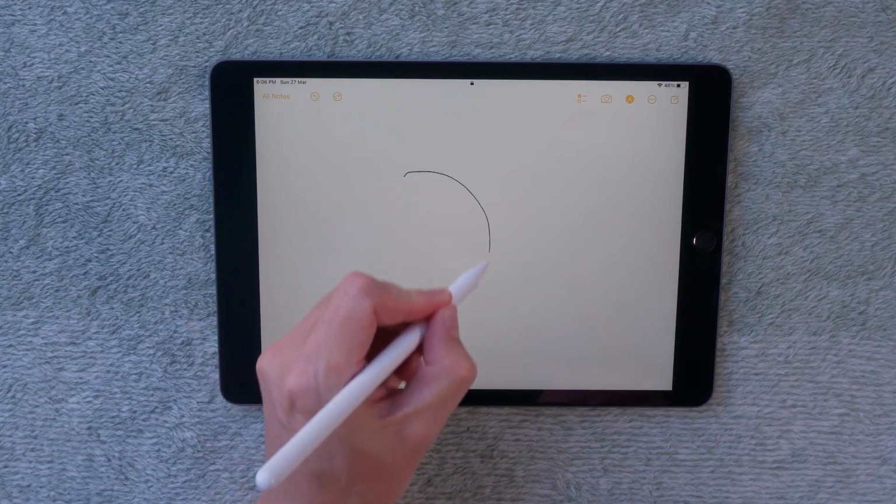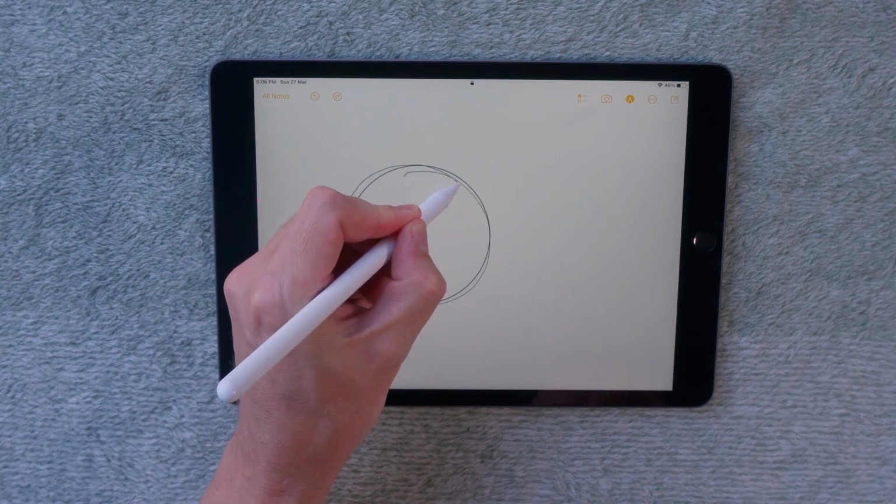Drawing becomes so much easier with a pencil as well. I mean, you can draw with your finger, but it's not the same thing. You can't get the accuracy. With a pencil, it is just so much easier. Also, you can draw perfect shapes as well. If you've got a pencil, just draw, say, a circle, hold down with the pen and then let go, and it will draw you a perfect circle for you. Again, so much easier to use than trying to do things with your finger or anything else.